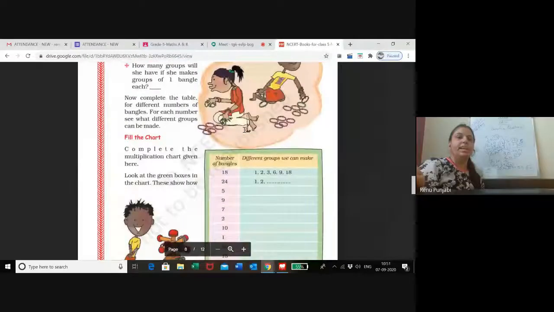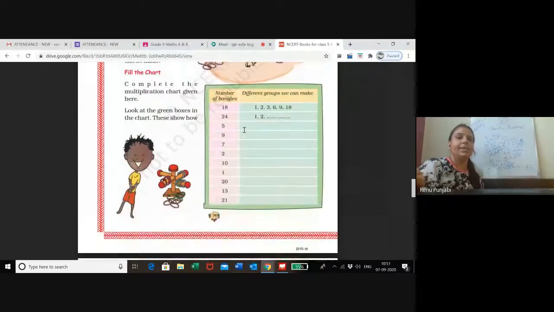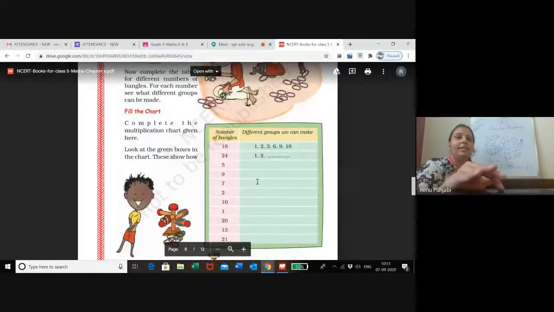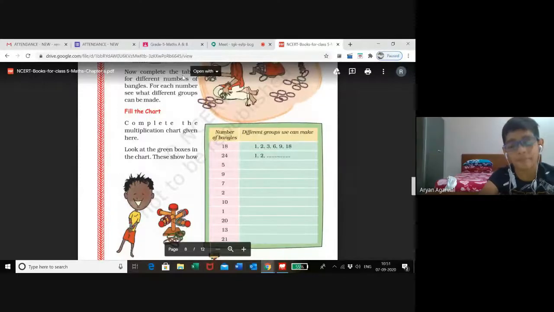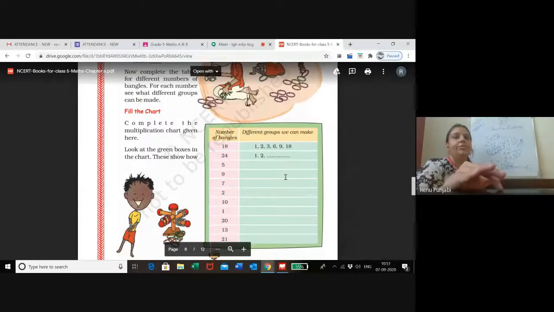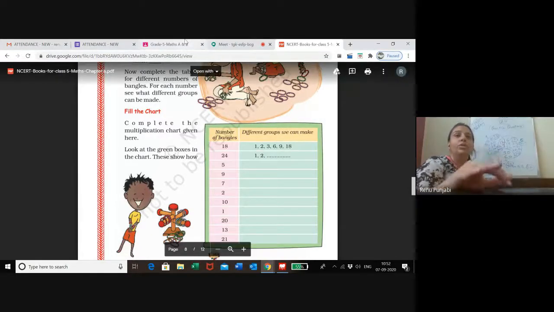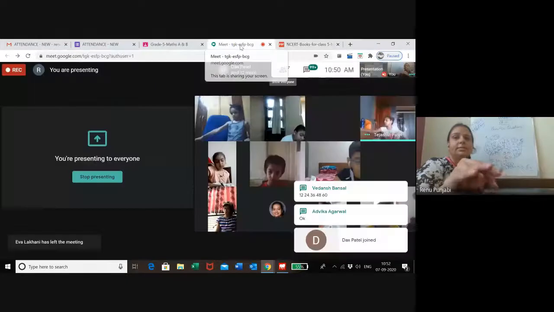One more thing is there for your home task. This is the page you can see in your textbook, page number 94. You have to write all the factors in the textbook. Can you all hear me? Yes, ma'am, you are audible. This page is related to the factors of 18, 24. 18 is already written. So you need to complete the factors of all these numbers in your textbooks. I am going to put it in the classroom. You will complete this page and come tomorrow, so we will discuss the answers.